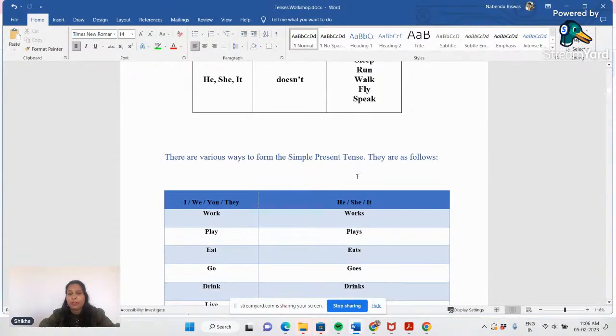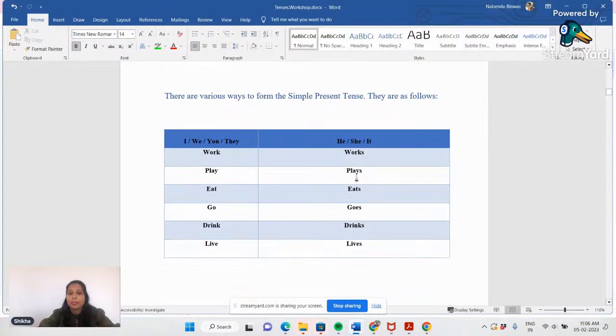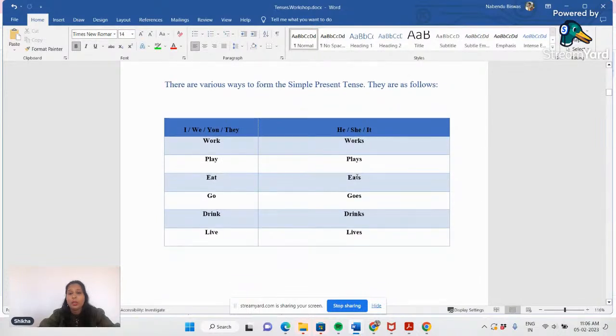Apart from this, while framing sentences under simple present tense, you have to understand which kind of verb you are using. Of course, we will be using the V1 form of the verb, but then that V1 form would be changed to singular or plural. How would it be changed? If your subject is singular, that means you have to use the singular form of the verb. So when I say singular, that means the verb will come with s, right?